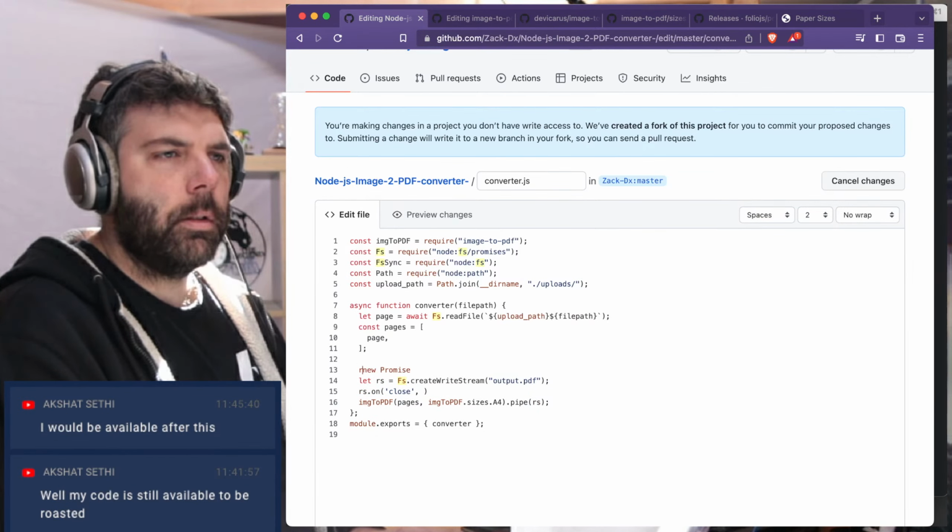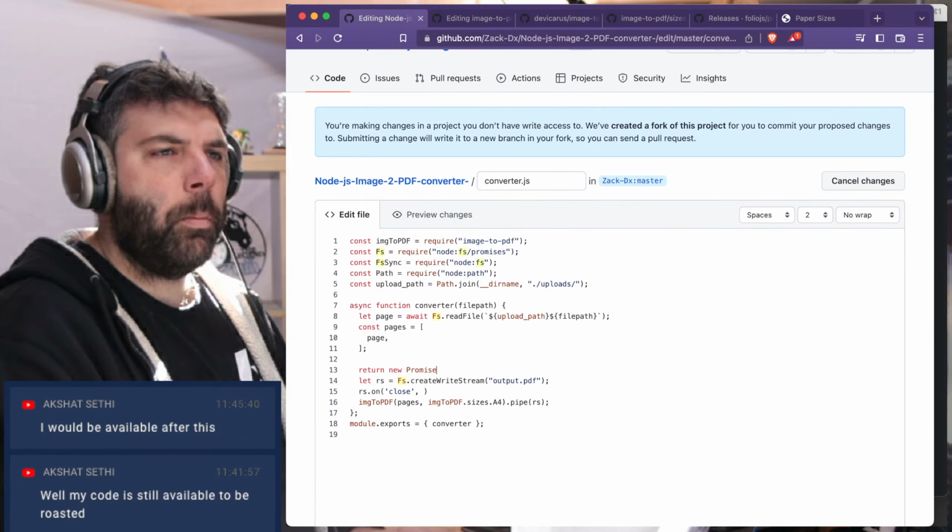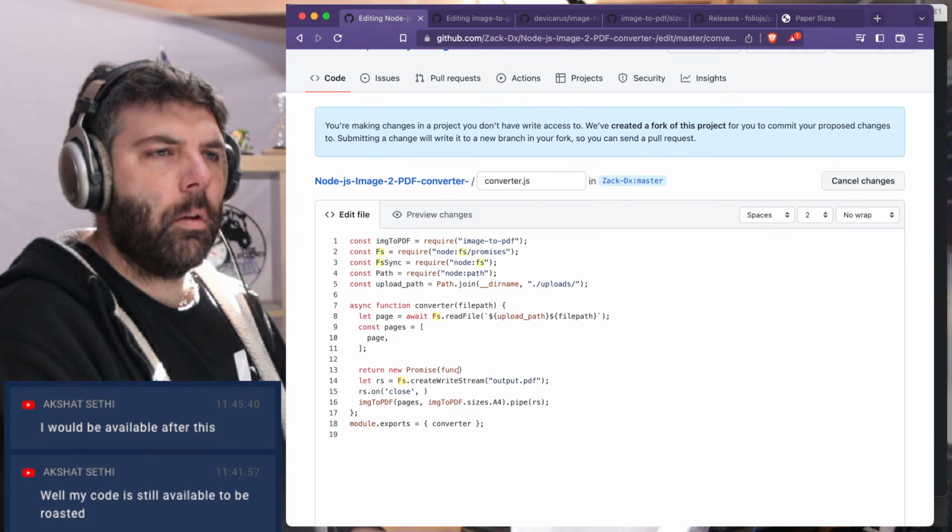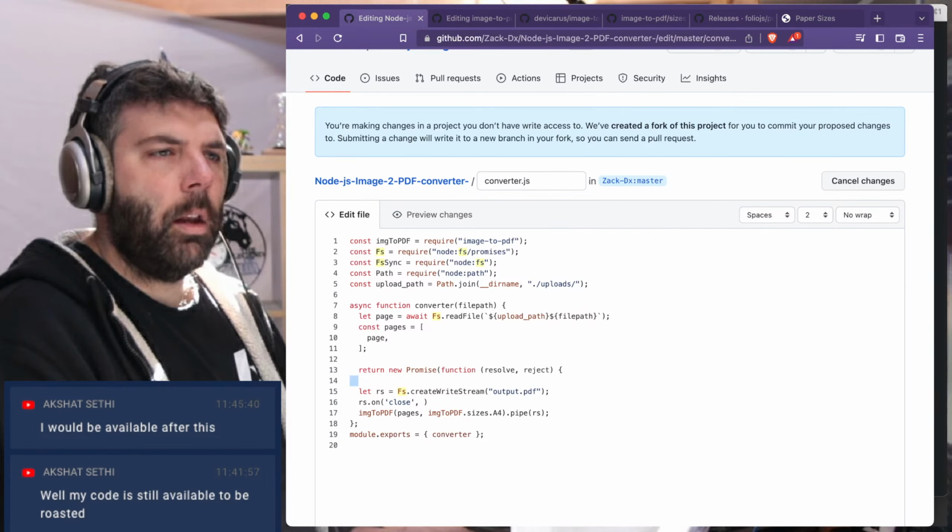I guess in this case, probably return new promise function, resolve reject, and then